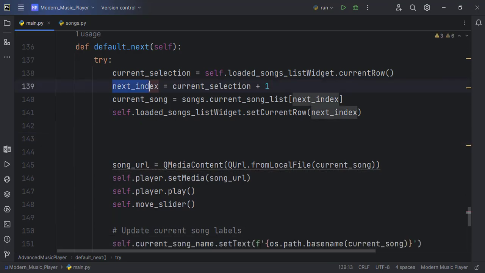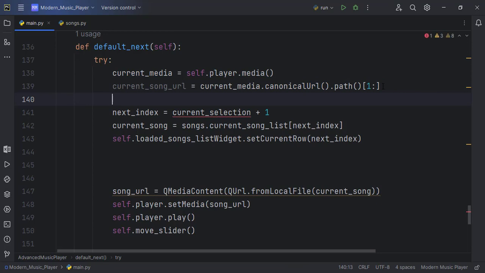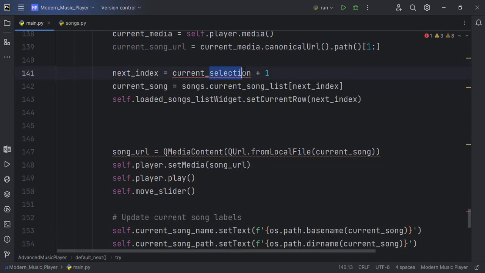So after the next selection, current selection should not be this. Current selection should be, now let's paste this one here for now. And then this one gives us the currently playing song. And what we can do is to get the index of this song from the song list. So I think the current selection is not a proper variable name. So current